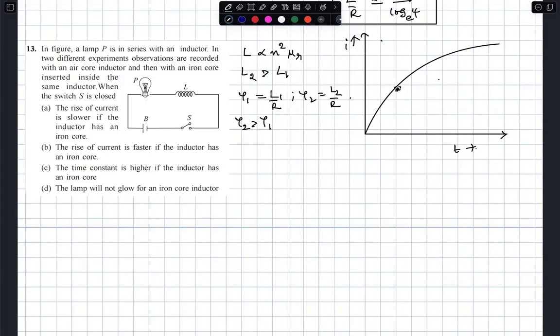At one time constant, tau, you will get nearly 63 percent. Yesterday I told you this 0.63 times I naught at one time constant. But what if there are two different time constants? One is tau 1 and the other is